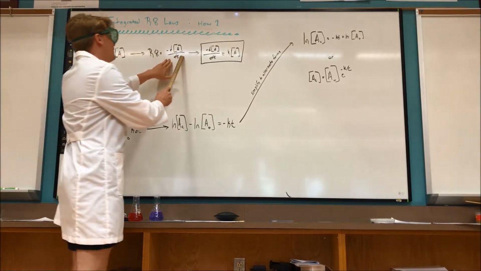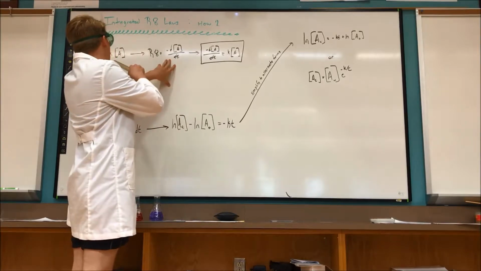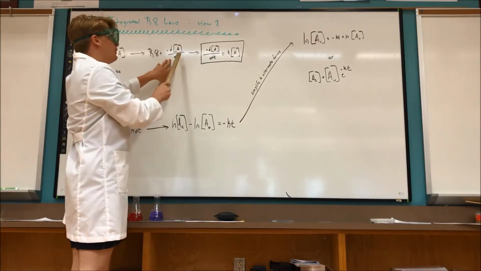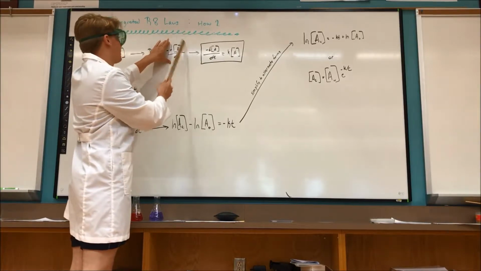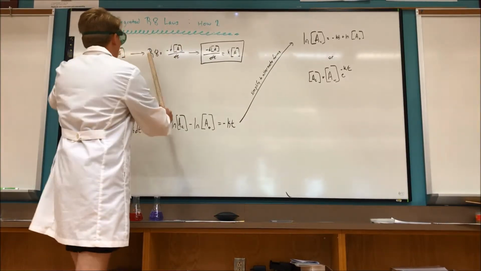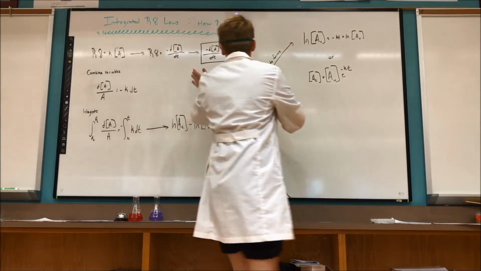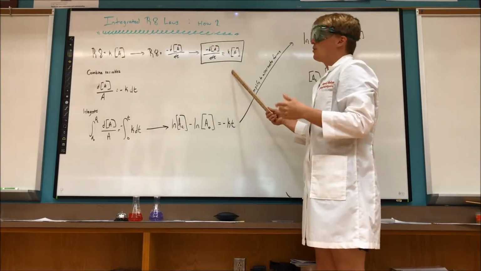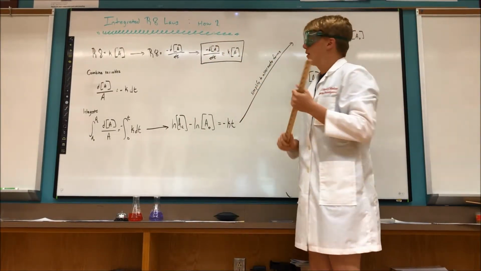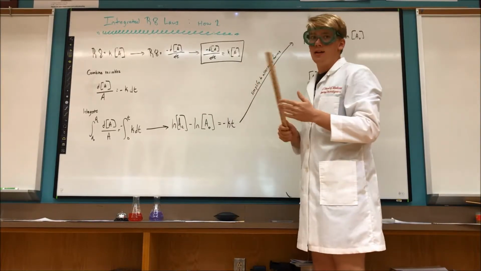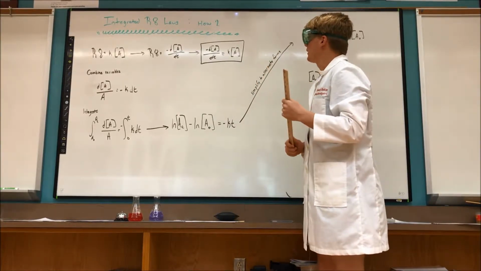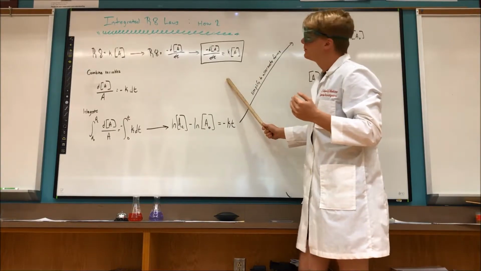You can see our dA/dt. We can turn this change in concentration, our rate, into a calculus function, dA over dt, where A is for concentration. And then we can plug those parts together and we get this equation right here. And so if we want an integrated rate law, a direct comparison of concentration and time, to link those directly, we're going to go ahead and integrate using calculus.